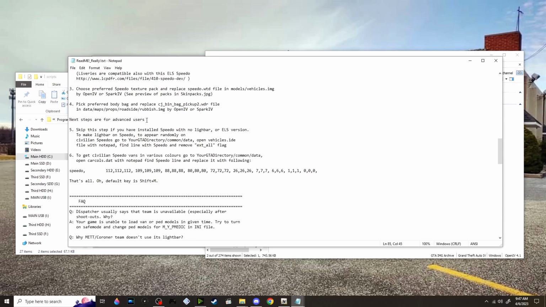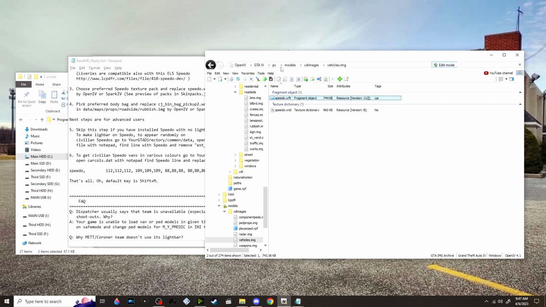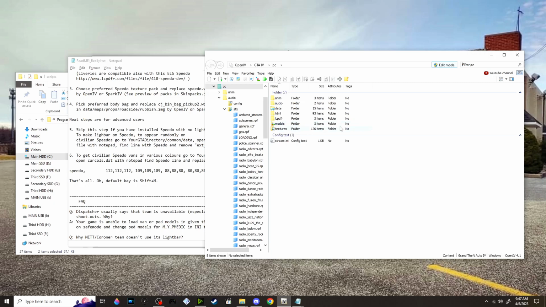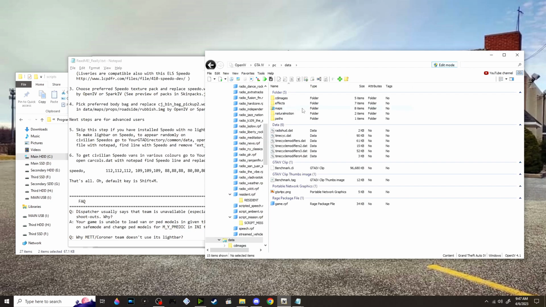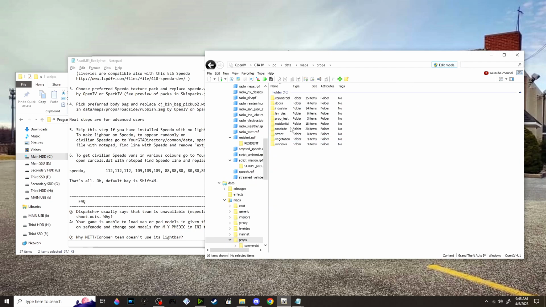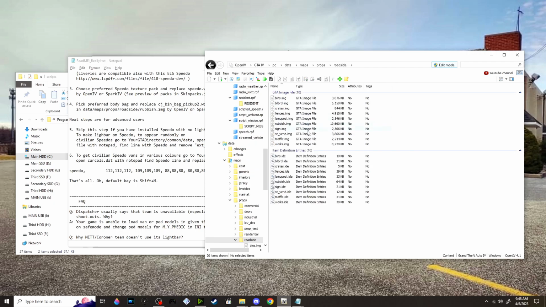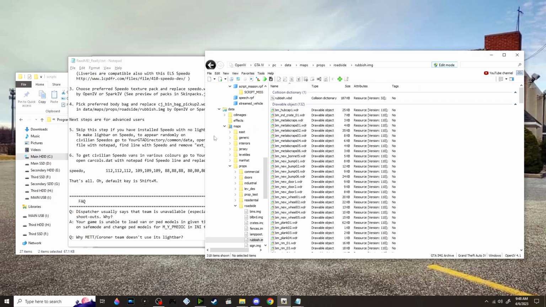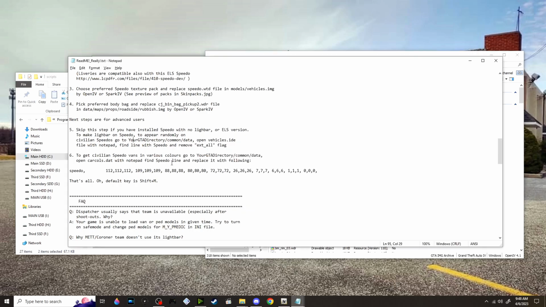Now, this one's optional, but if you don't want a trash bag being picked up by a medical team and it should be a body bag, this is the proper body bag model that replaces it. So let's go to PC, models, PC data, maps, props, roadside, rubbish, IMG. And then